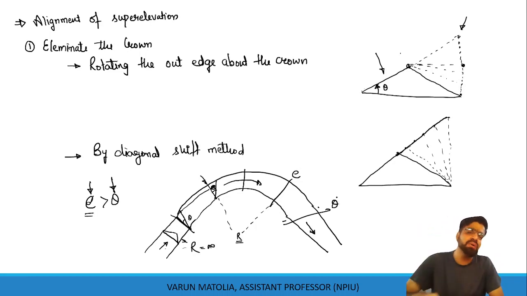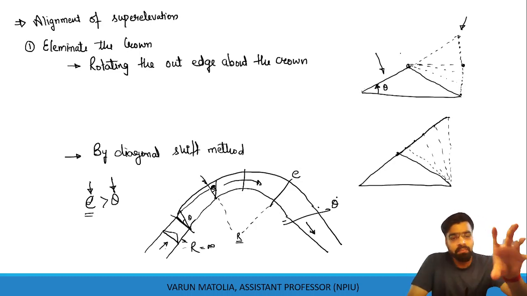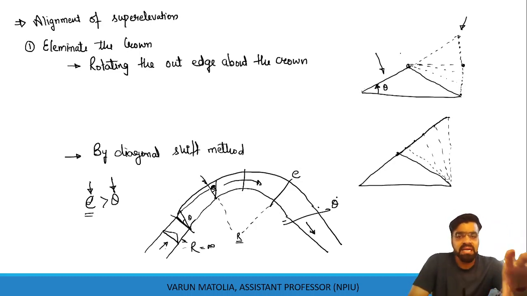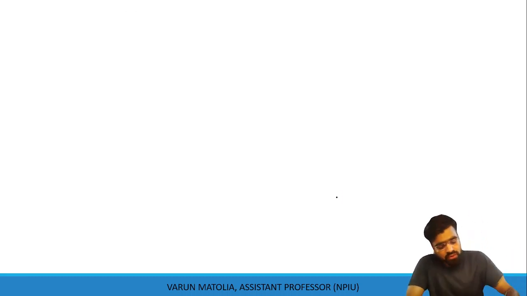We are going to talk about this transition zone or transition curve in the next lecture, but because we are applying the super elevation step by step, you should know how these steps can be provided. So we have raised our outer edge in order to eliminate the camber. Now what next? Next is